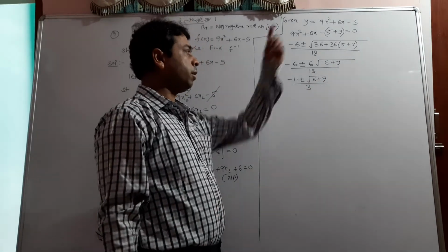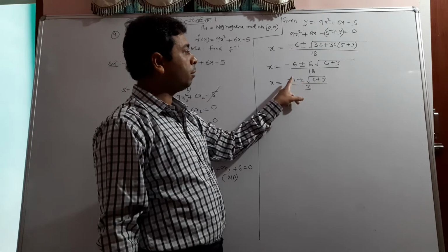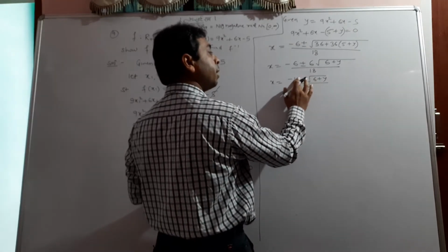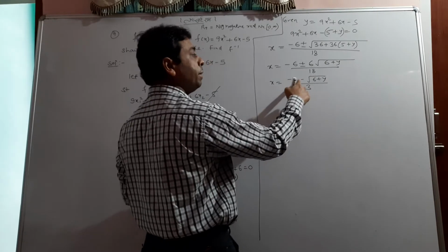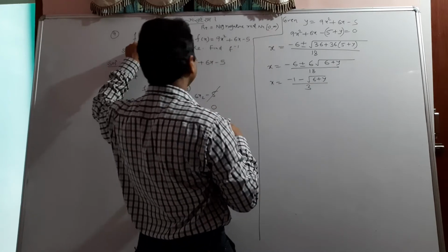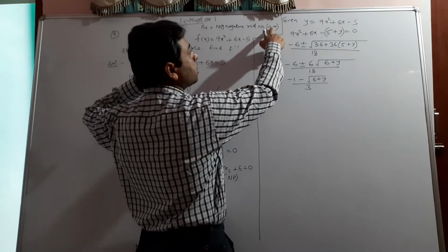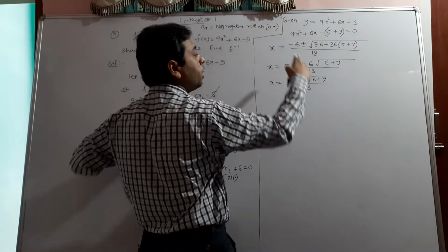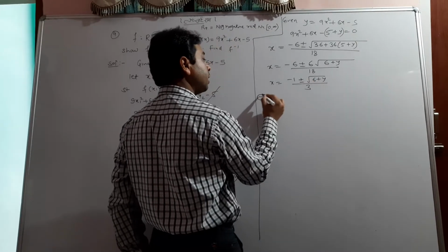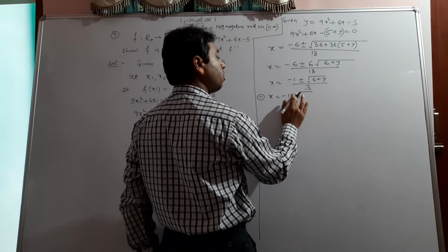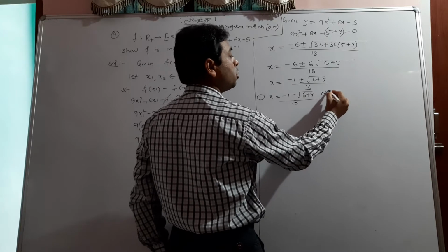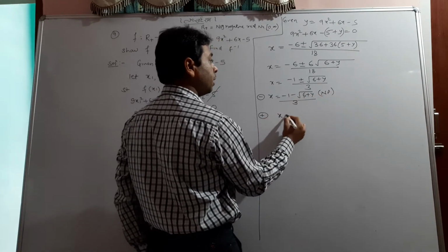So I would say first thing that if I choose minus sign, minus 1 minus this, I taught you yesterday we have both signs, plus and minus. If I go with minus sign, both will be negative. When both will be negative, x will be negative. When x is under the function R plus, and R plus meaning this one, so this contains all positive numbers, non-negative numbers, and this time it is a negative number, so it is not possible. So if I choose a minus sign, x is equal to minus 1 minus square root of 6 plus y upon 3 is not possible. So I cannot take this, but I'll take a plus sign.